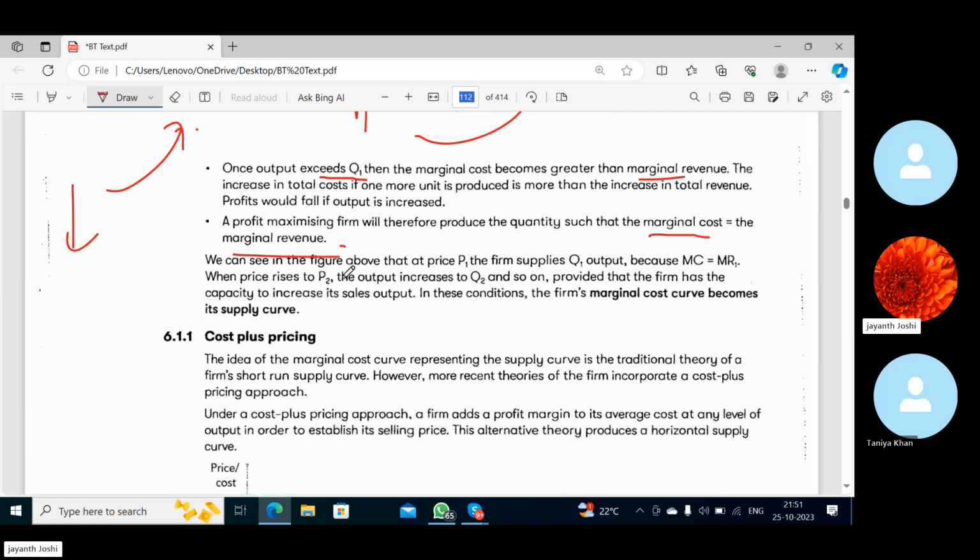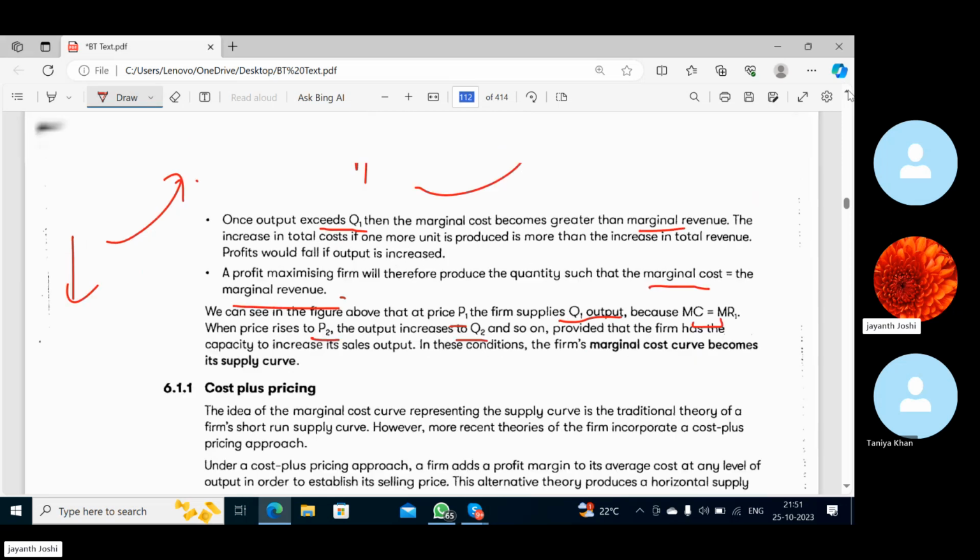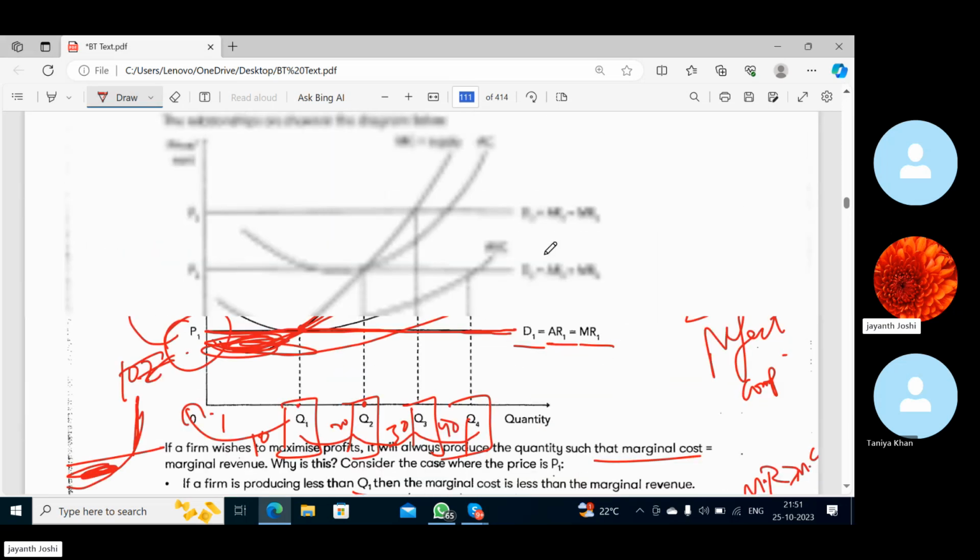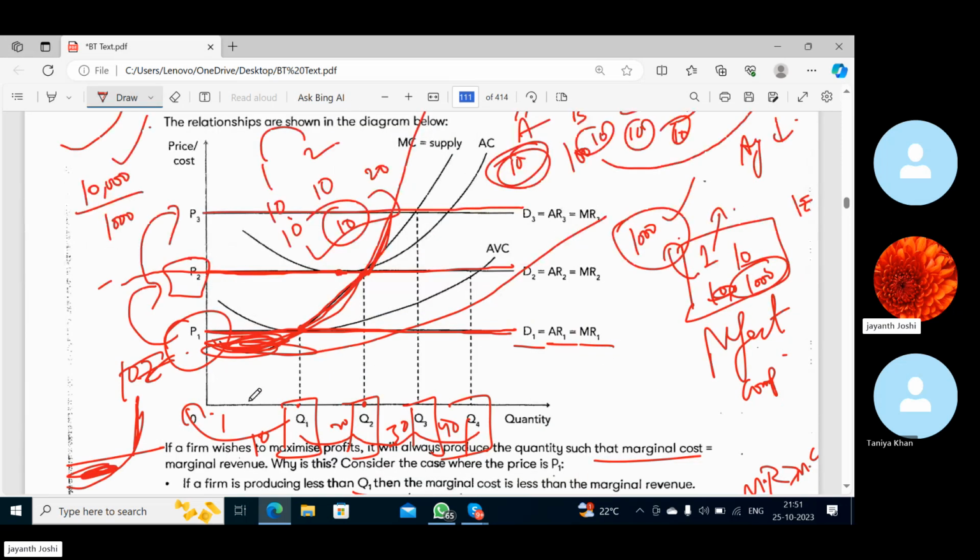So we can see in the figure above that at price P1, the firm supplies Q1 output because the marginal cost is equal to marginal revenue. When price rises to P2, the output increases to Q2. So it's not only the price, the quantity should also change. See, when the price is P1,